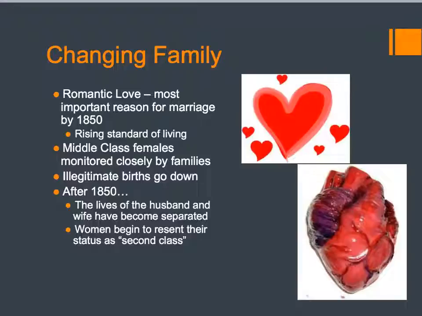Now, after 1850, the wives and their lives become more and more separated from their husbands. We've also talked about this in terms of the factory system and how that separated the man from the wife. The man is the primary wage earner, whereas the woman is the primary domestic figurehead. And we've looked at examples of that. We've looked at how the woman is now at home, concerned with domestically raising the child.